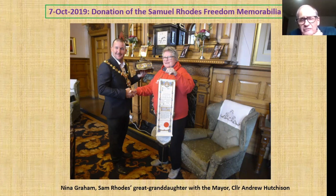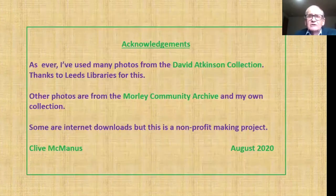So I hope that that will continue, and that the town hall will continue to give very, very valued and important service to the town of Morley. Before I close,